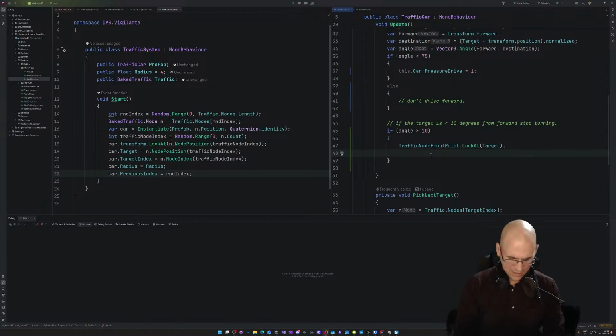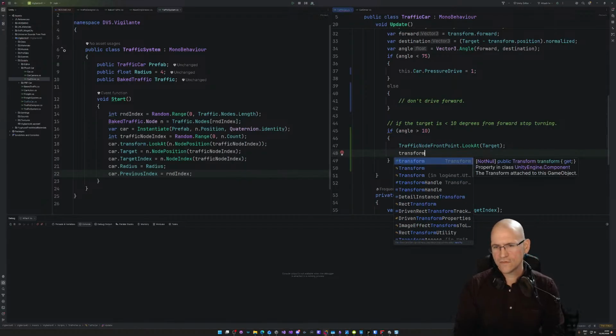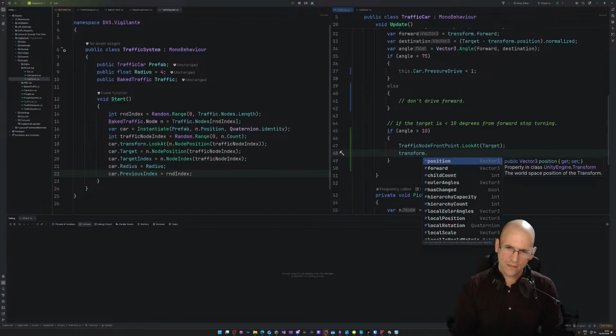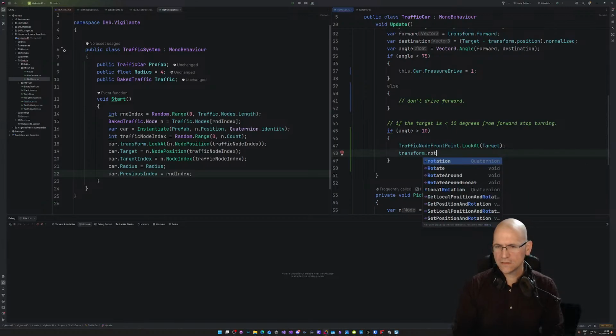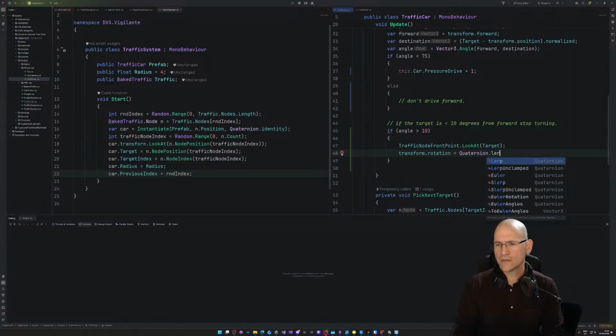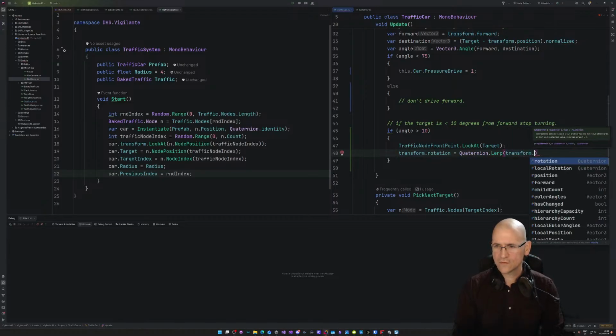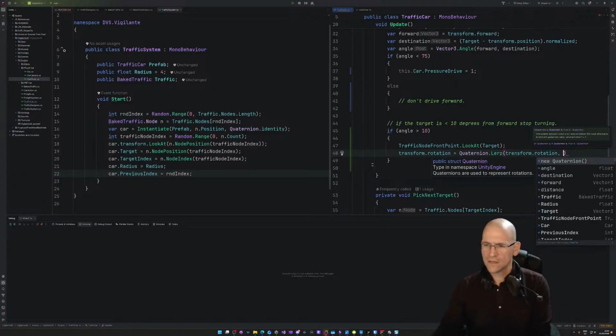I am going to say transform dot rotation equals quaternion dot lerp, and we are going to lerp from our rotation, transform dot rotation, to